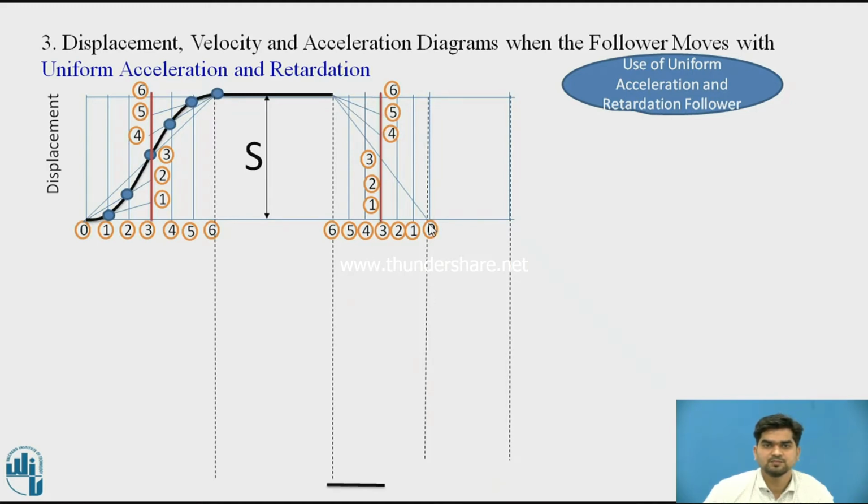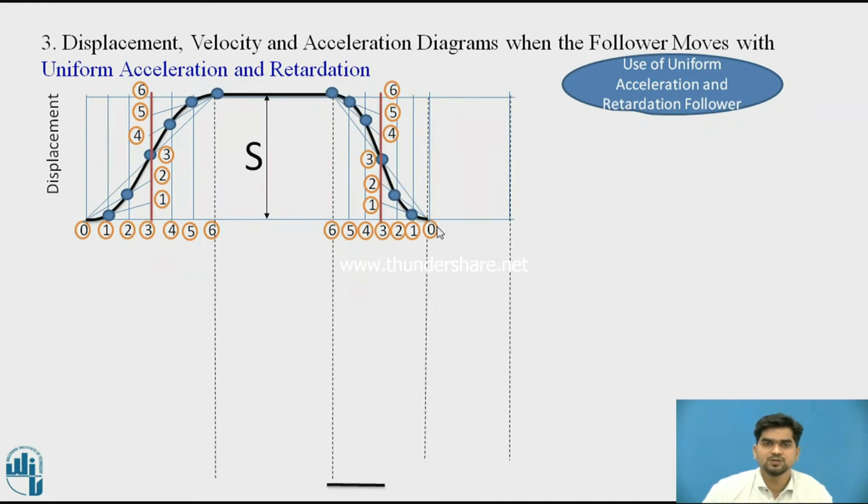Again from the bottom diagonals we have to join the second and first point. Then the next step is that we have to find the intersecting points. This 6th line intersects with the 6th line at this junction. Again the 5th line intersects with this 5th line at this junction. Again this 4th line with this 4th at this junction. The 3rd line with this 3rd line intersects at this junction. The second projected line with this second line intersects at this junction, and the first line with this first vertical line intersects at this junction.